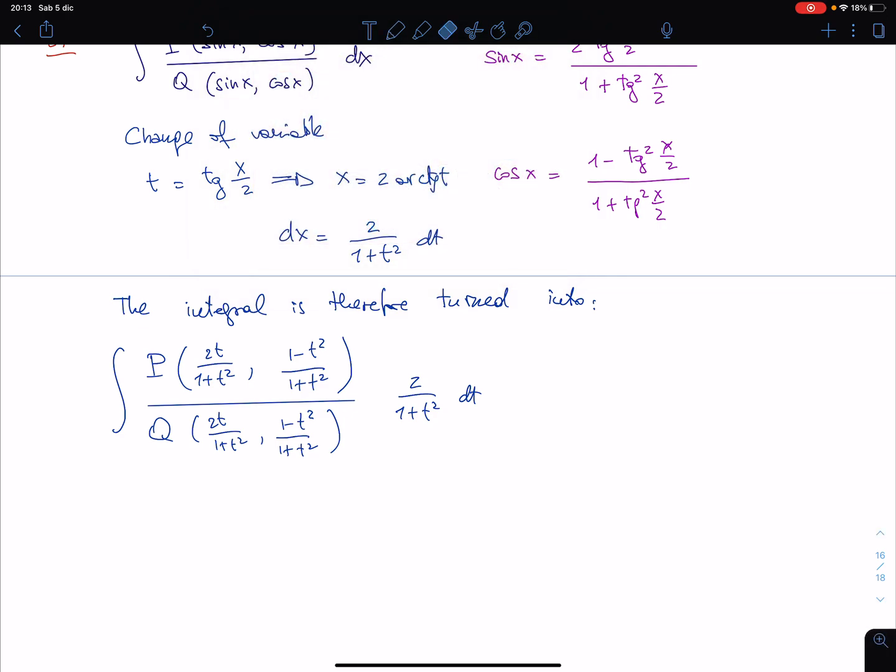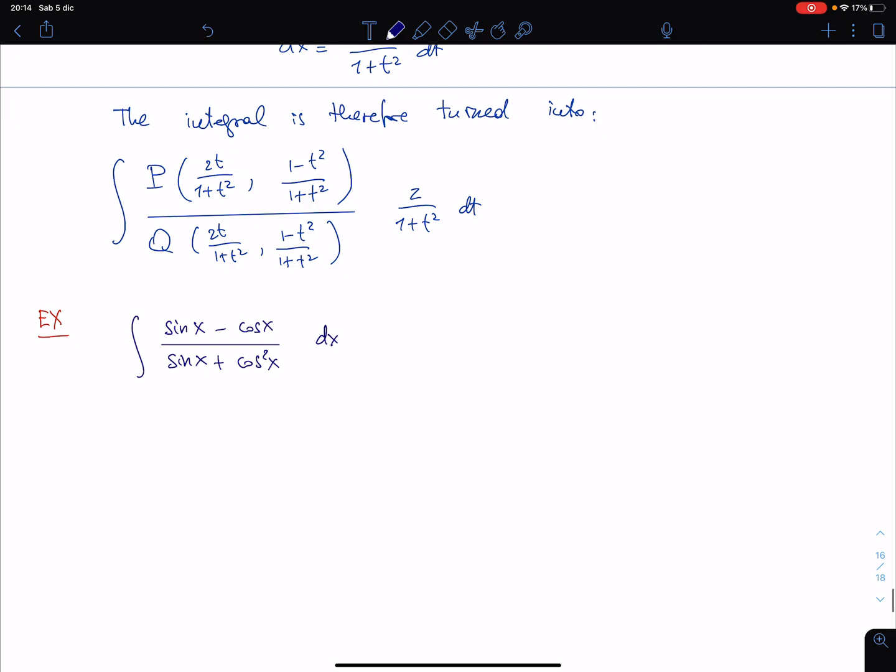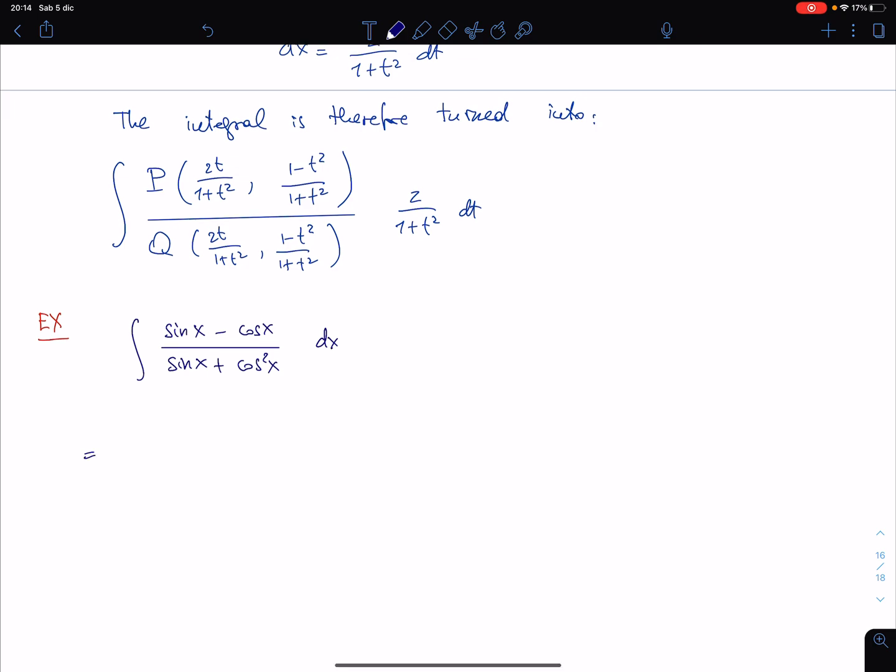and so a concrete example, and a concrete example of this is whatever you want, so write down here: sine of x minus cosine of x divided by sine of x plus cos squared of x dx, and then do the replacement we wrote before. So instead of sine of x, you write 2t divided by 1 plus t squared, and instead of cosine of x, here you have minus